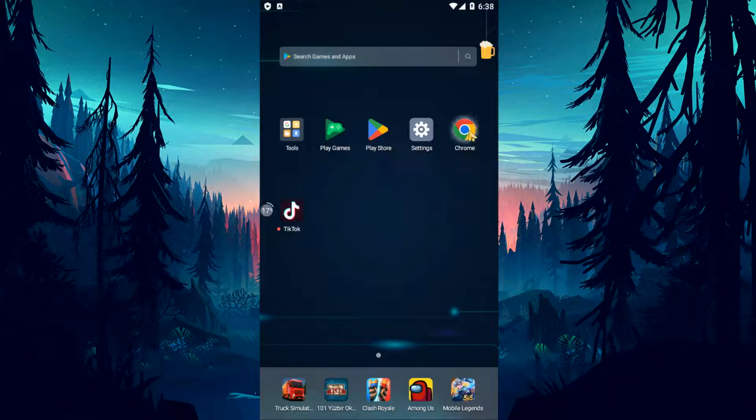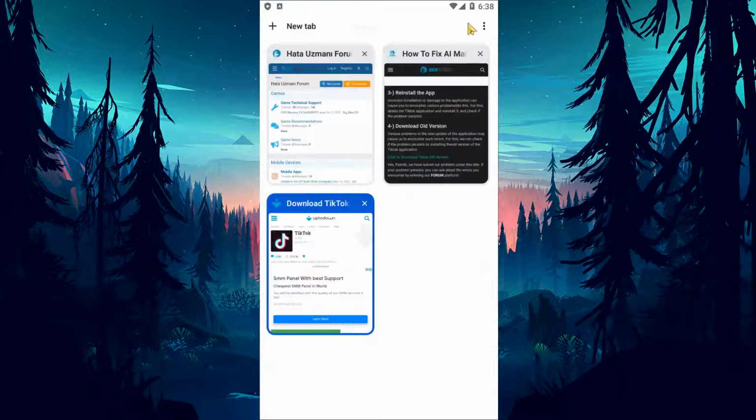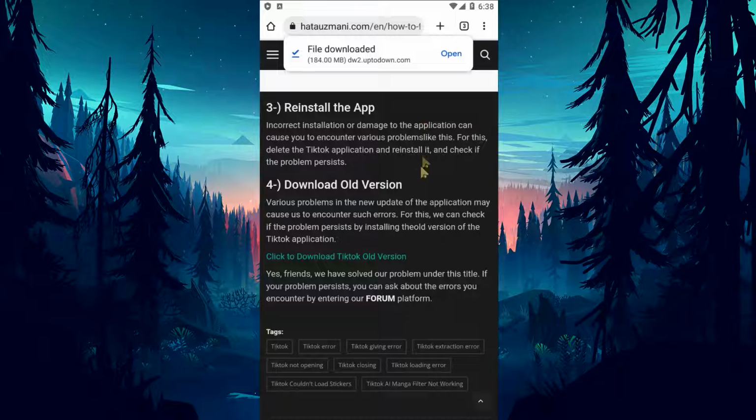Yes, in this video we have provided information on how to fix the TikTok AI manga filter not working and couldn't